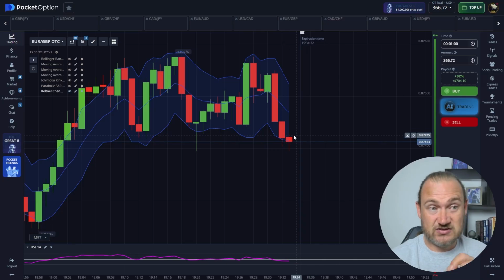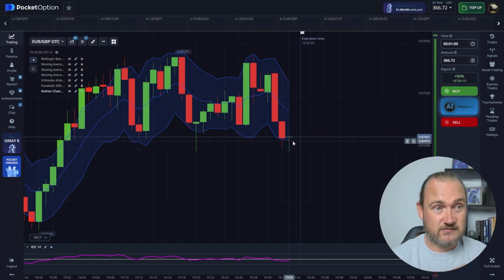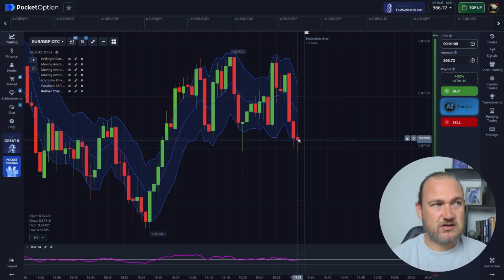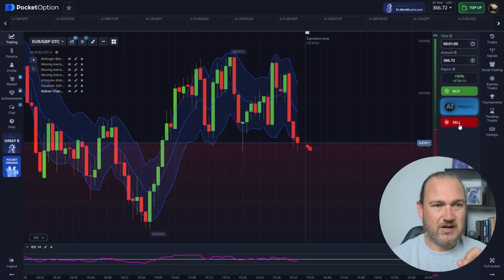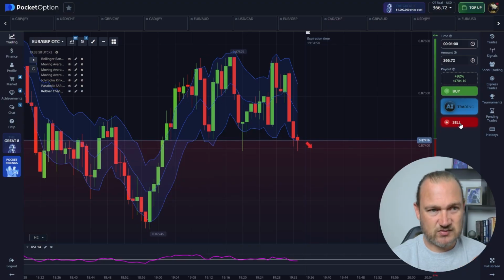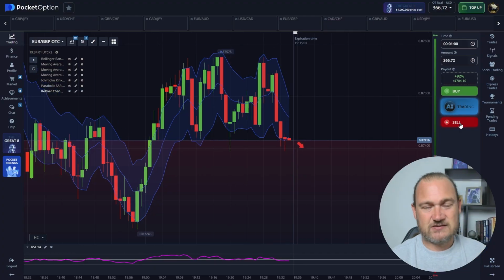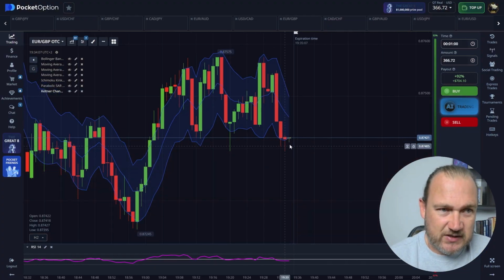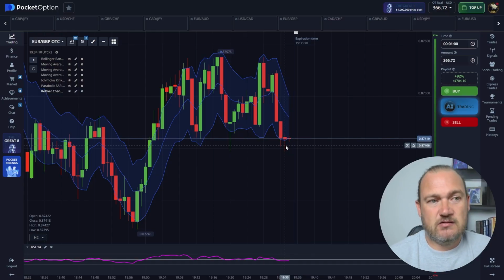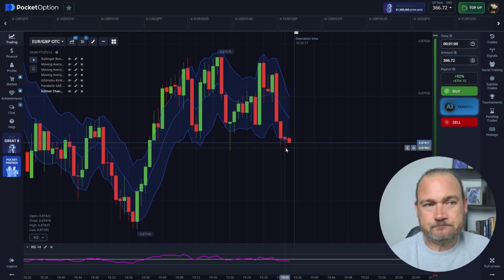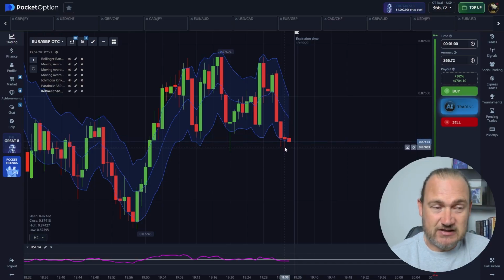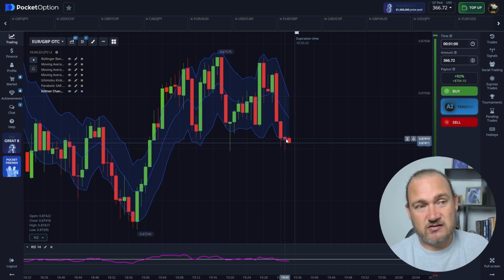This candle did just go green for a second. We're green again. And obviously if this candle closes green, there's no entry for us. We've got about 15 seconds left before this candle closes. I'm going to be ready on the sell button, but I'm not going to take a trade yet. I'm going to wait and see how this candle closes, and only if this closes nice and red outside the Keltner channel. It did not. Okay, so a lot of new traders would be in the trade already, and then this is when you will hear people say it's a bad strategy, you can't use it. If you took the trade here because you thought, oh, it's a big red candle, we're going to close red,